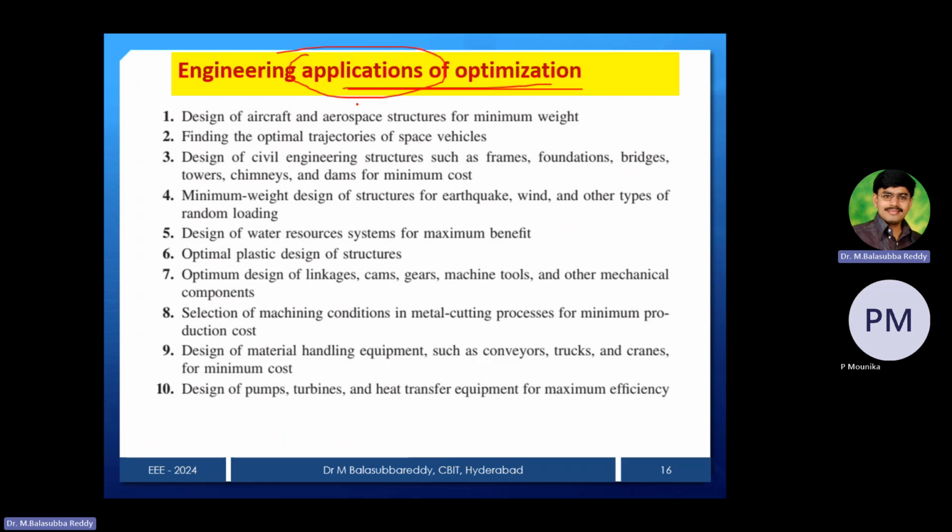So in that you can see aircraft and aerospace structures for minimum weight, and finding the optimal trajectories of space vehicles, civil engineering structures such as frames, foundations, bridges, towers. We can design bridges with less weight, where you need to use pillars and all. So we have many design parameters involved in that, and the minimum weight design structure, and design of water